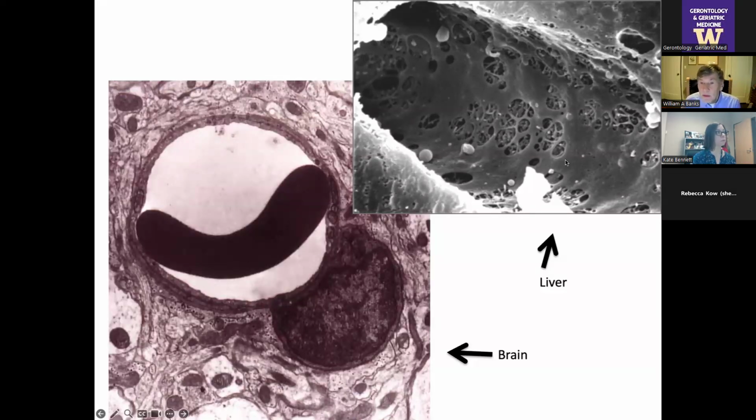And then there's all these little funny looking holes. They almost, to me, look like cathedral windows. And indeed, they're called fenestrae, the Latin term for windows. And stuff is going through there. And then you can see the edge is rather ragged, and sure enough, where capillaries come together in the liver, they don't really fit very well. So there's leakage between the cells as well as across the cells.